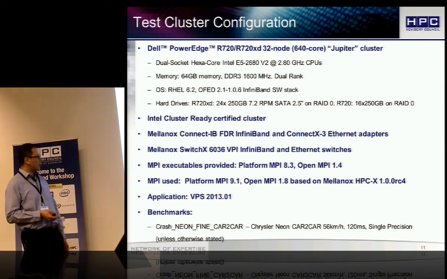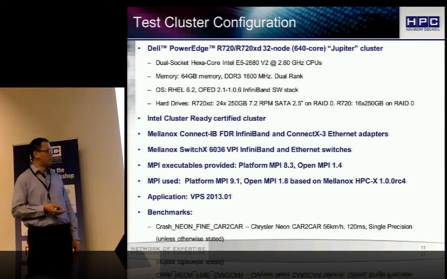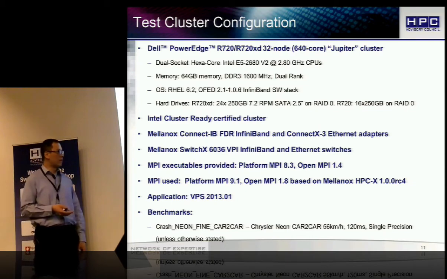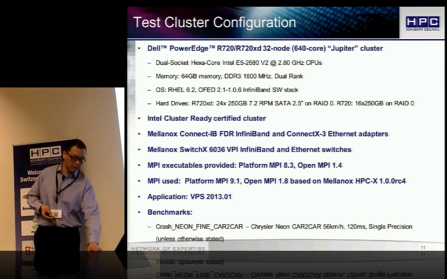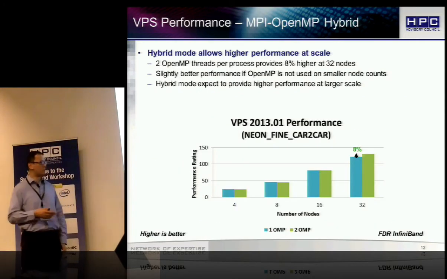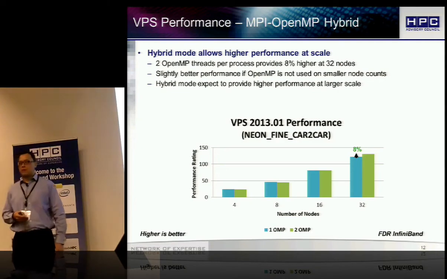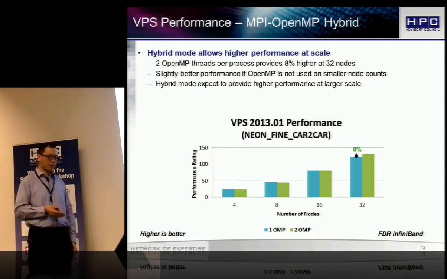For the benchmark input data, I'm using the Neon Fine car-to-car crash, which is a Chrysler Neon running at 56 kilometers per hour at 120 milliseconds, single precision. Unless otherwise stated. There will be another comparison that I'll be doing for something else. So let me first describe the first test I ran for the Pam Crash, for the ESI VPS